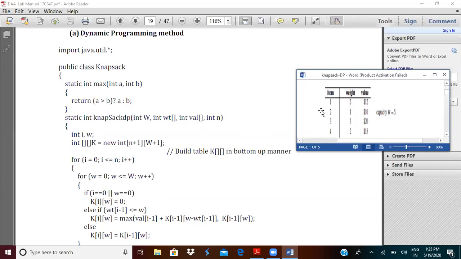The number of items is 4, n is equal to 4, so 4 plus 1 is 5. And what is the value of W? Capital W is 5, and 5 plus 1 is 6. So the number of rows should be 5 and the number of columns should be 6.